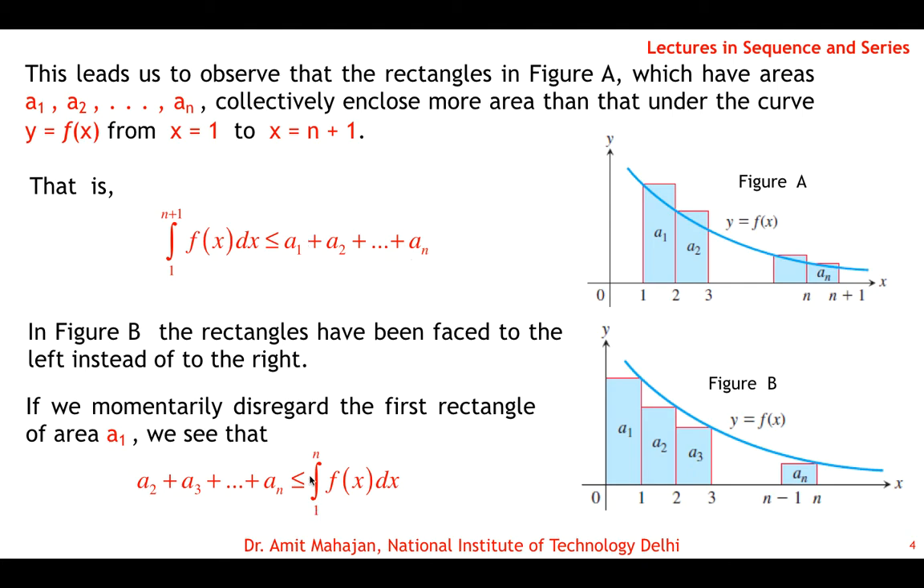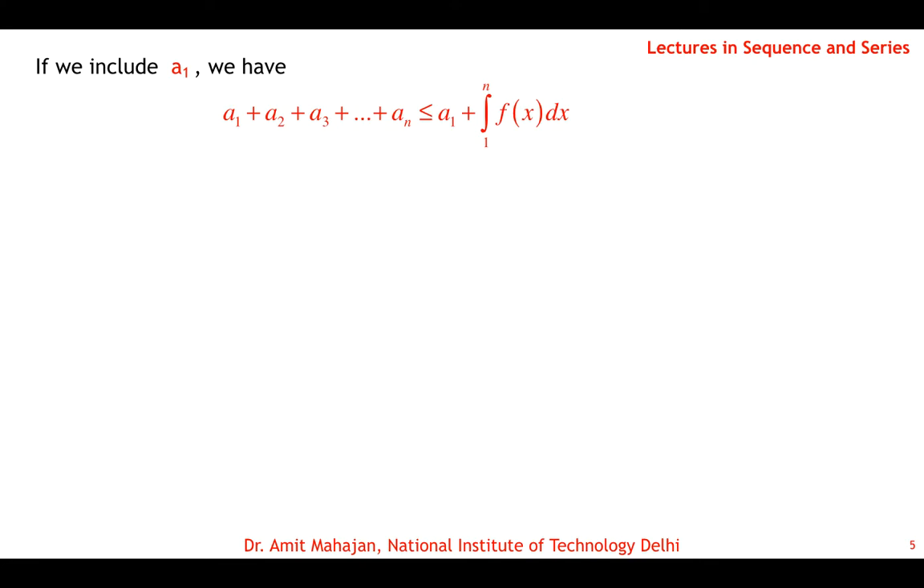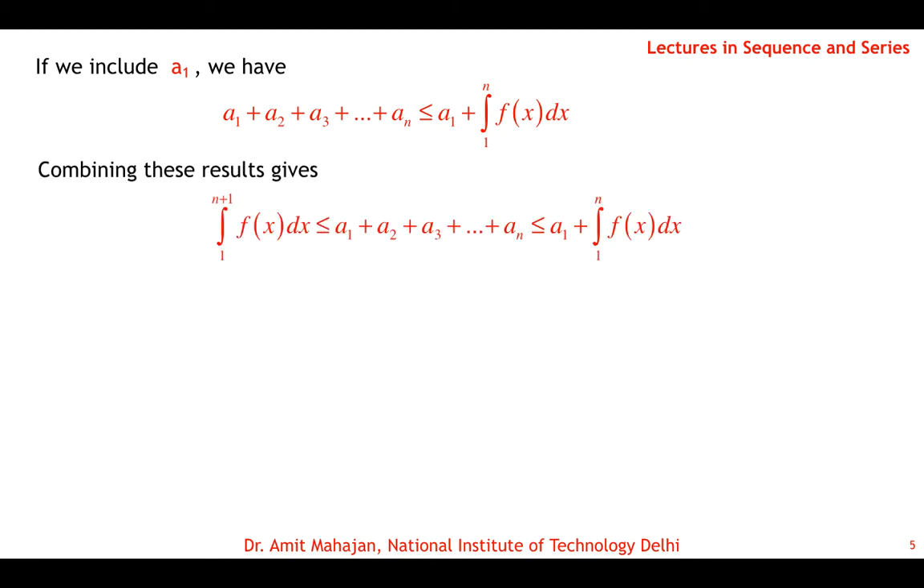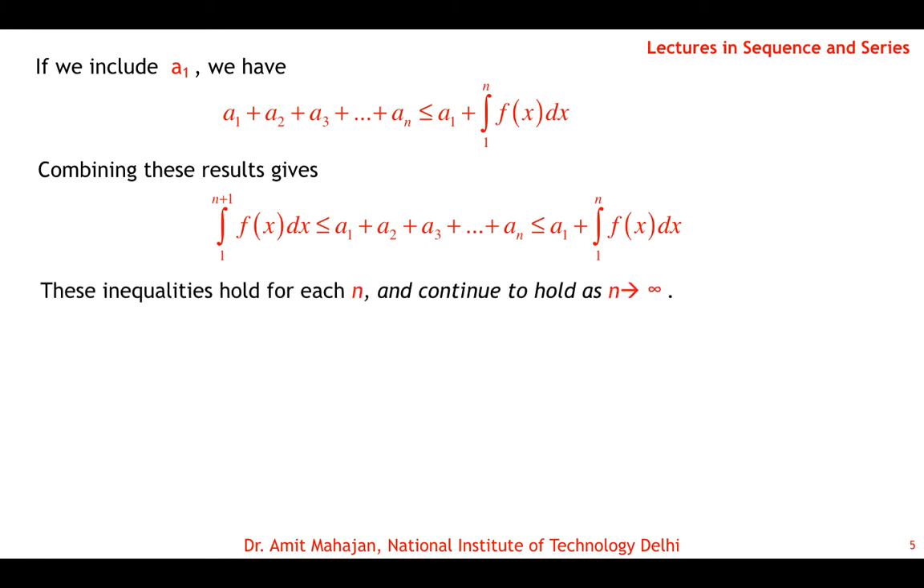Okay, so we can now combine these two inequalities. If we include a1, that means we add a1 to both sides. So this inequality and the previous case inequality we can combine to write that the integral is less than or equal to the partial sum, which is less than or equal to a1 plus this integral. So this immediately gives us the result, because when n becomes large, the partial sum will converge to the infinite